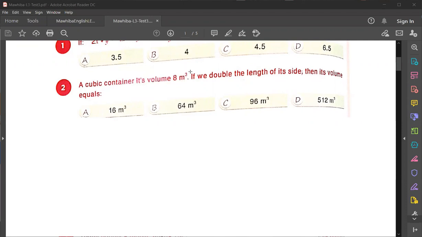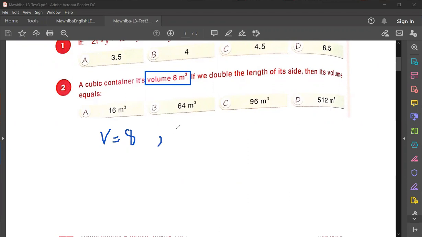So here 8 meters cubed. What do you think the length of the edge is? If you have volume equals 8, so when I have a cubic container,